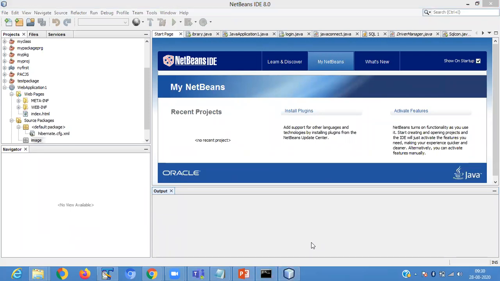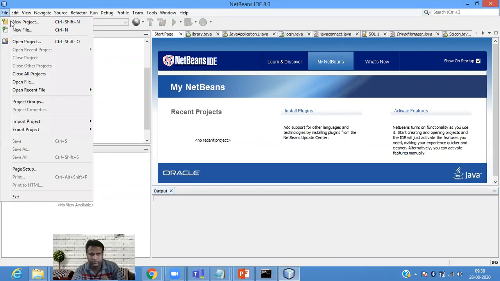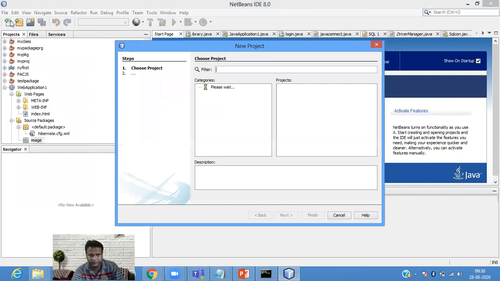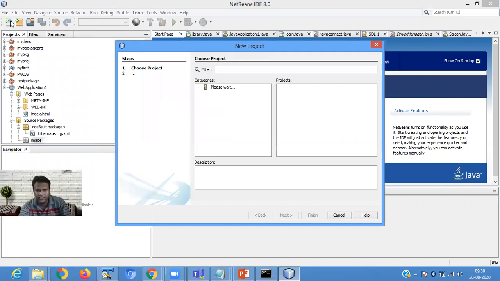Next we start with how to create a package. For creating a package, you have to open the NetBeans IDE, then go to File, New Project, then Java Application.